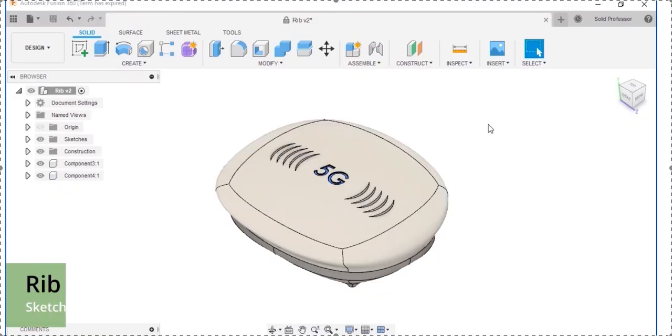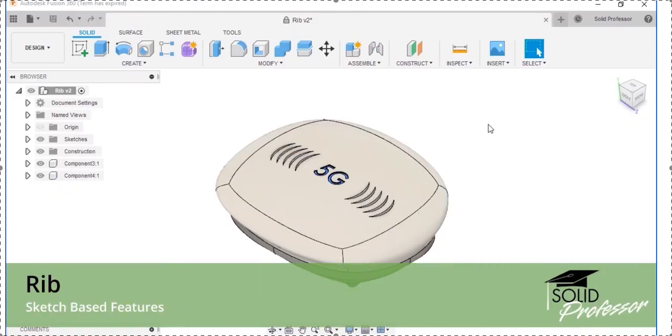The rib command adds geometry to a model based on a